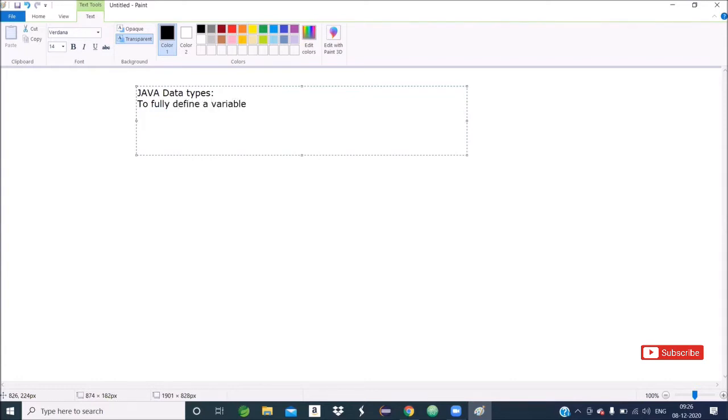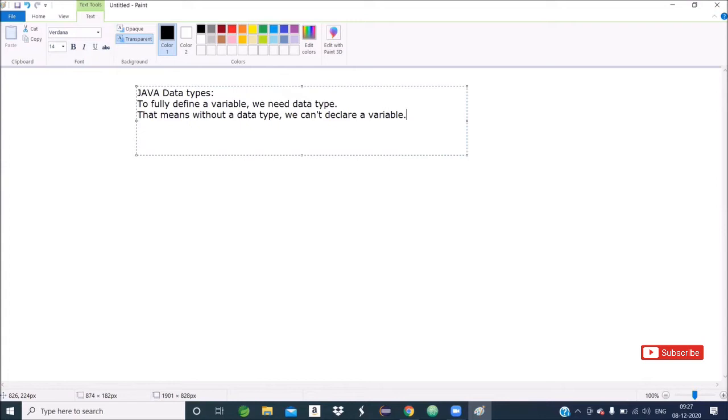To fully define a variable, we need a data type. Without a data type, we can't declare a variable. So to declare a variable: data type, variable name, semicolon. This is the variable declaration general form or syntax.